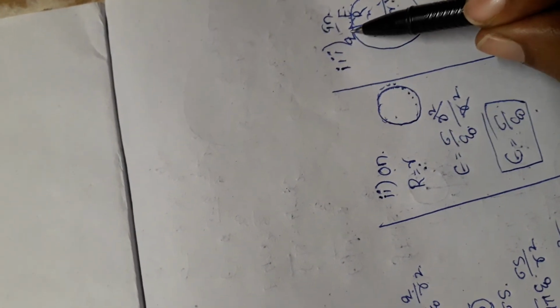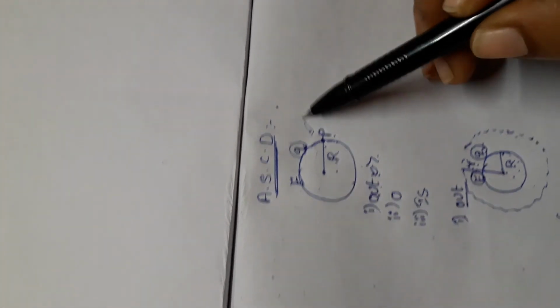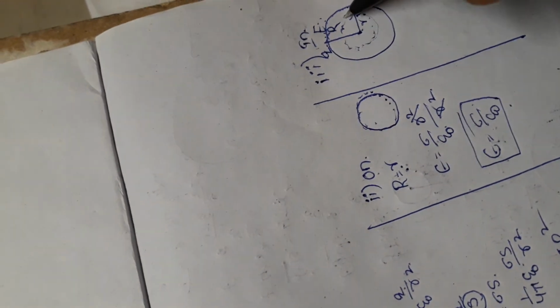In the third case, the charge is outside and the electric field is also outside, and the Gaussian surface is inside. So inside the sphere there is no charge and there is no electric field. So E equals 0. This is the last application of the spherical charge distribution.